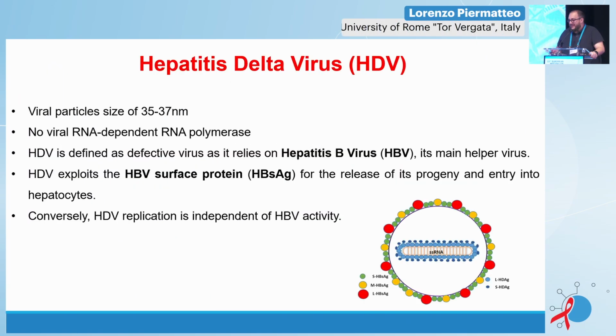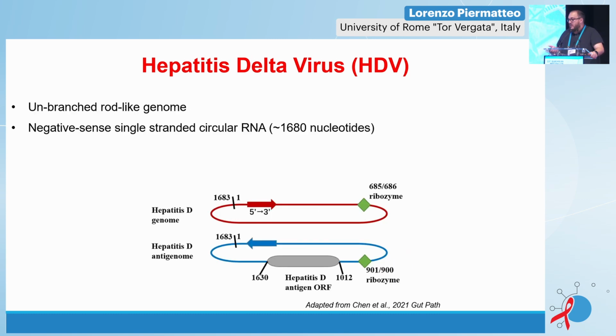Good morning to everybody. As previously said by Stefano, hepatitis delta virus is the smallest human virus to our knowledge, a defective virus that needs hepatitis B to end its life cycle. Regarding the genome, hepatitis delta virus is a negative sense single-stranded circular RNA